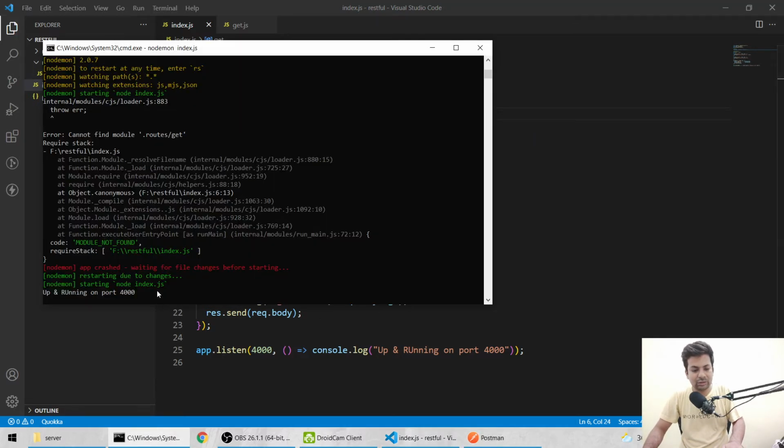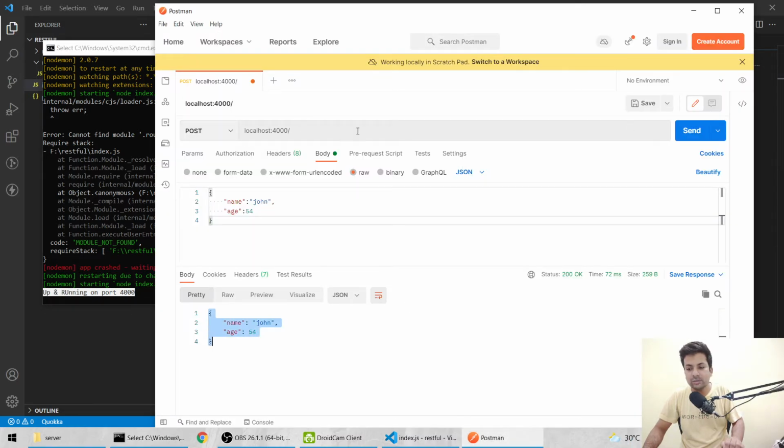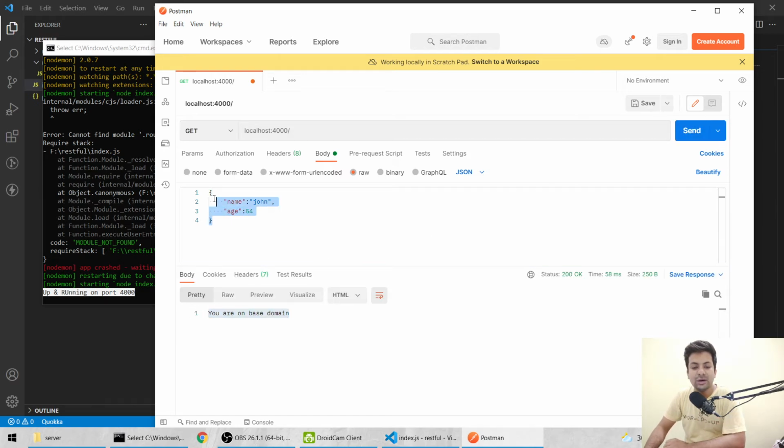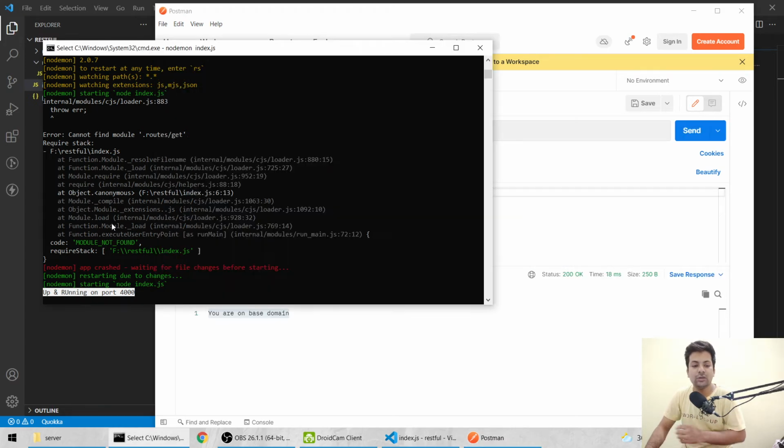Now let me check. Okay, it's up and running on port 4000, and we'll do the same thing, make a get request on the base URL and send it. You might be thinking this is still written, but that doesn't matter because I'm not making a post, so this data won't go. You can remove this also. You are on the base domain.